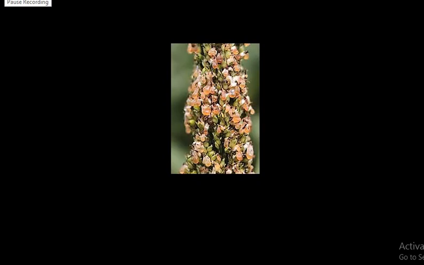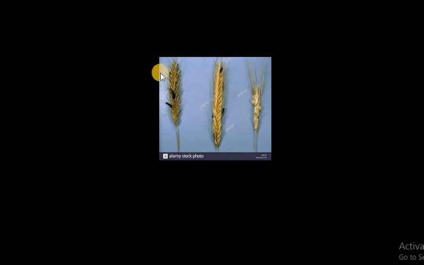This is ergot infection on the rye plant, and this is a sugary fluid that is known as honeydew. This will attract insects to spread the infection more. So this is honeydew from the ergot. And this is the dried sclerotium of ergot. You can see this black part, that is nothing but the dried sclerotium of ergot.